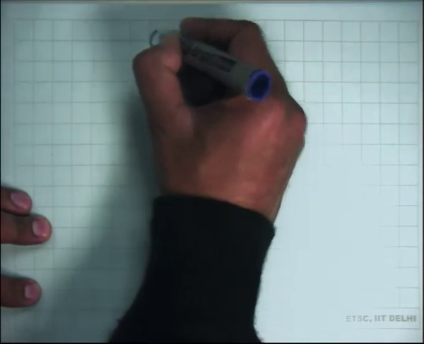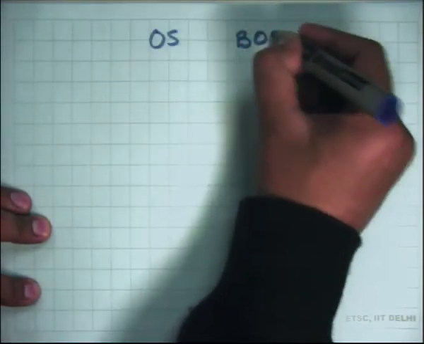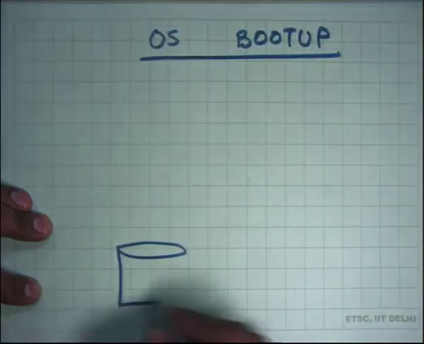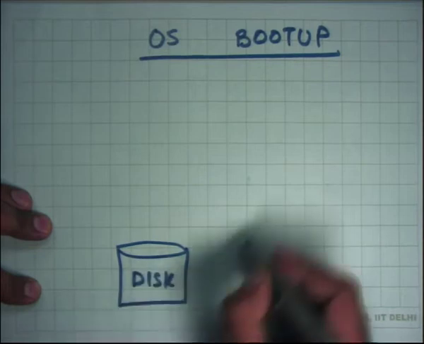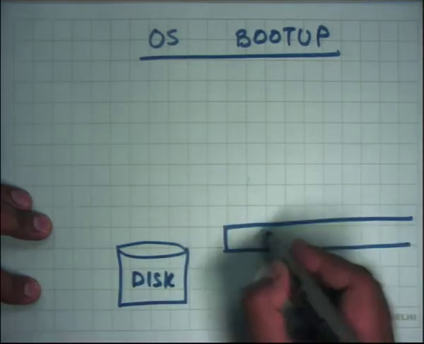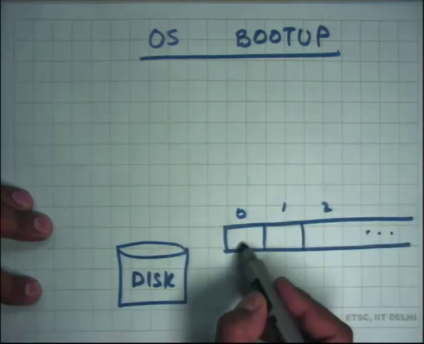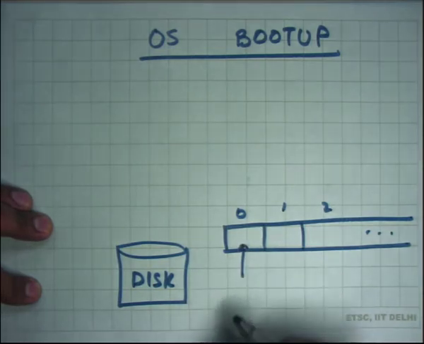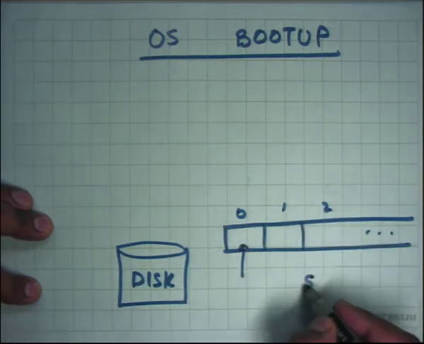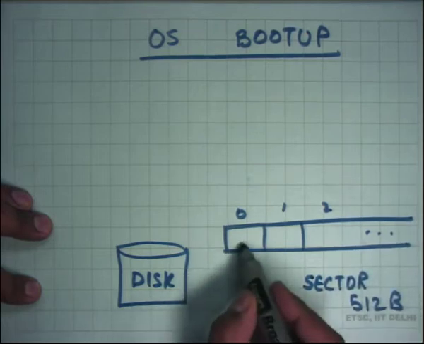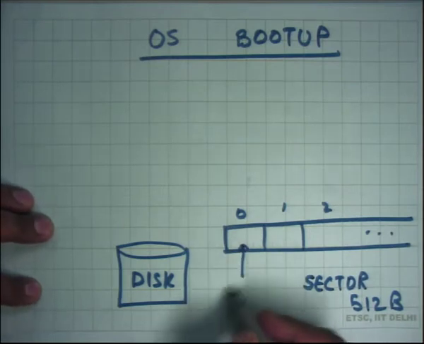Okay. So with that, let's continue our discussion from yesterday, where we are looking at how the OS boots. Let's look at the OS boot up. Say here's a disk, and here are its blocks: block 0, 1, 2, and so on. This particular block or sector is special. Each of these sectors is 512 bytes, and sector number 0 is special; it's called the boot sector.